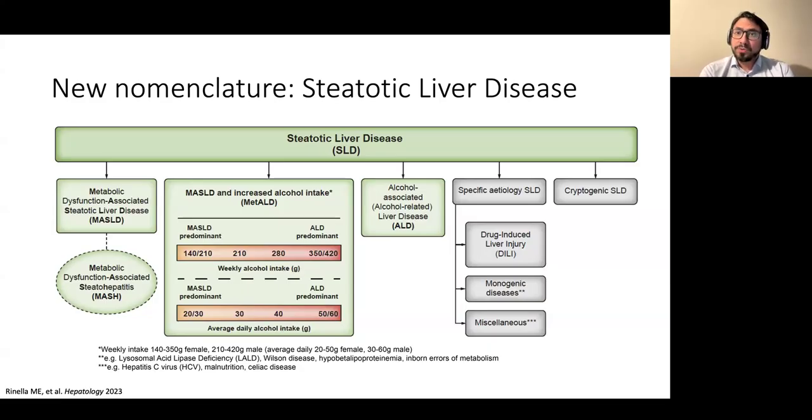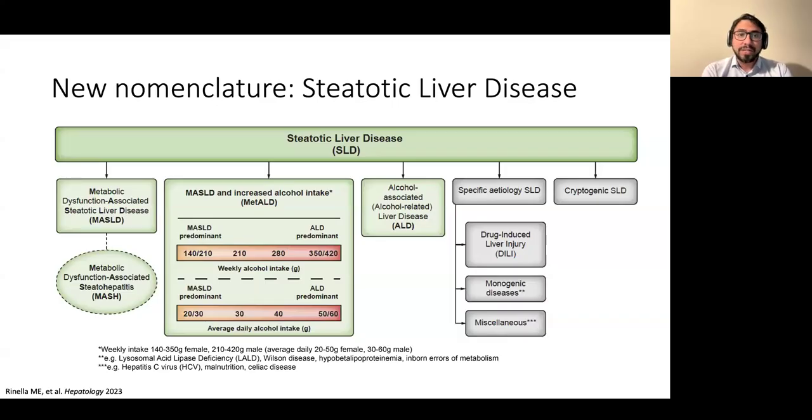It's important to clarify that these criteria were arbitrary and were defined by Delphi consensus, and not only based on evidence. So you can notice that there are some caveats in this definition that we'll address in the following slides,